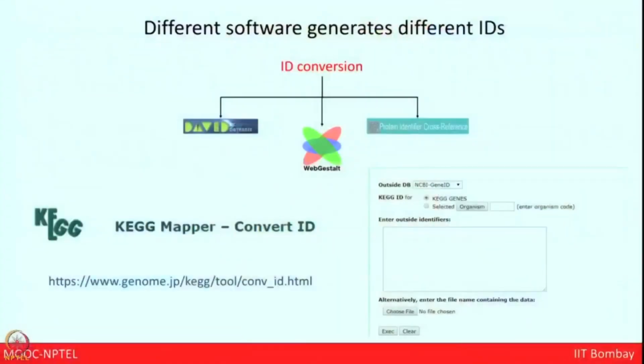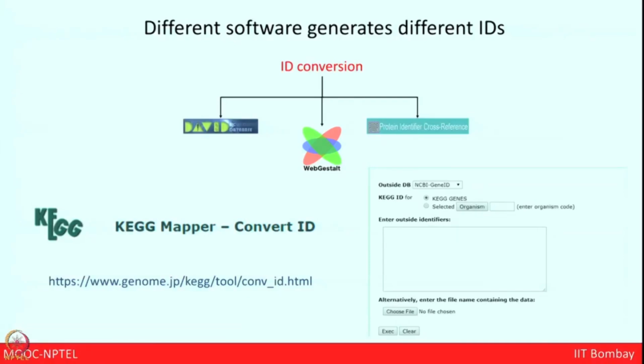DAVID, WebGestalt and Protein Identifier Cross Reference are very simple tools where we just need to put in the list of IDs, and we can select which IDs we want as the conversion. But there is an important tool, that is the KEGG Mapper ID converter. That is a very important tool because, unlike other platforms, we cannot put any other ID into KEGG Mapper. We have to get the KEGG gene ID from the KEGG Mapper,